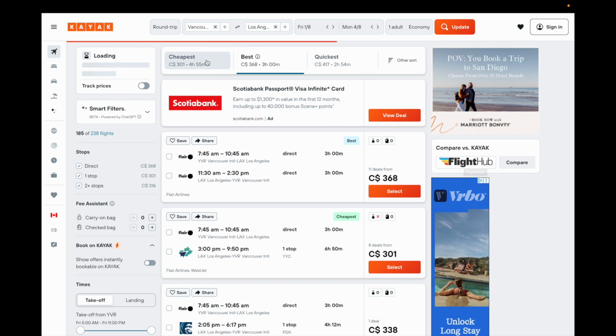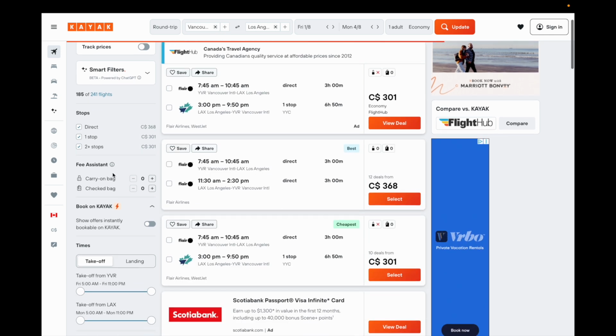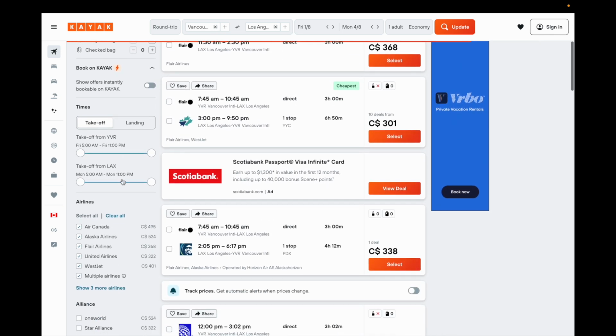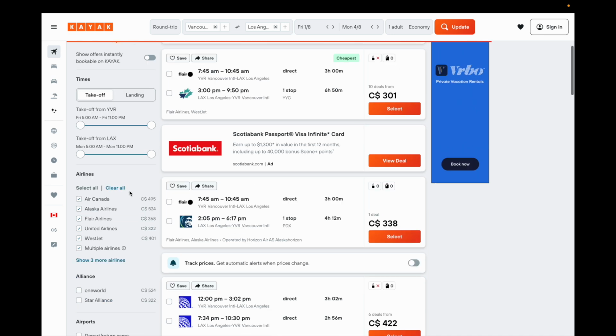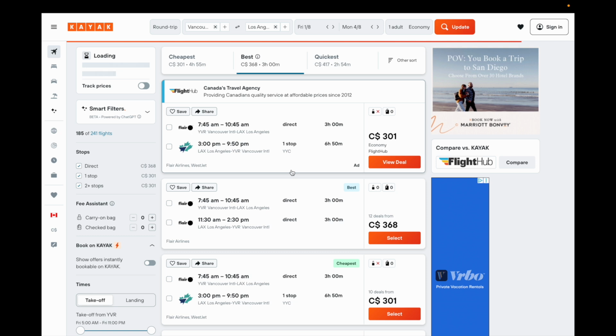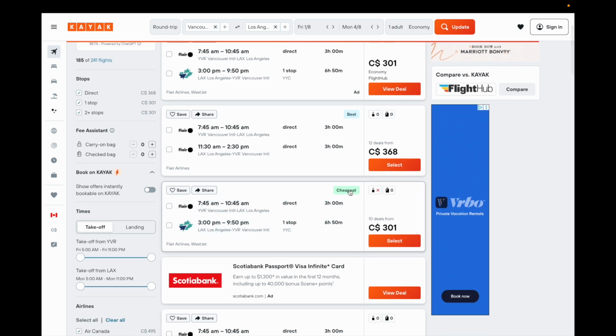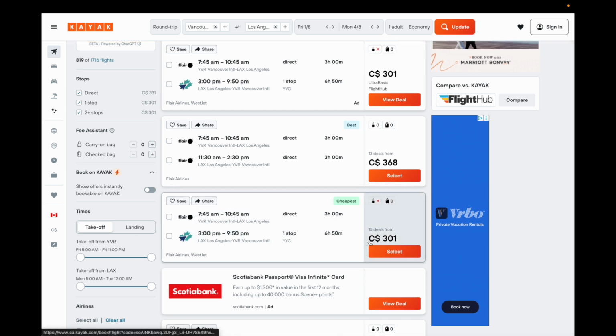So you can go ahead and search this, or I guess filter this by flight price. You can also go down to stops, nonstop, etc. Check bags. There's a bunch of different filters on the left-hand side of your screen that you can explore for yourself. But you can also just go to this page right here and look at a variety of different flights. So if you just want to go ahead here, for example, and go on this one right here, it actually is the cheapest. There's your flight to, your flight from, and if all looks good, you can go ahead and